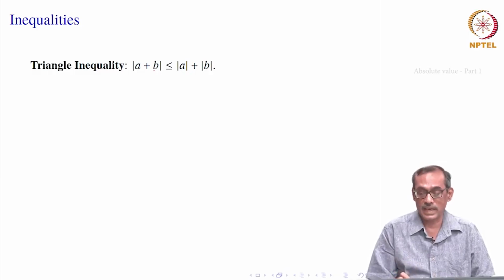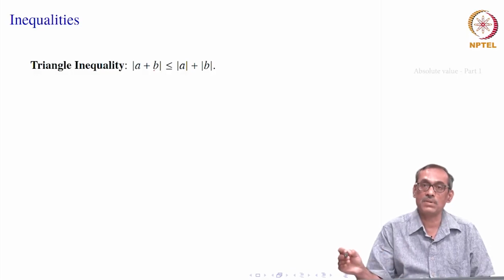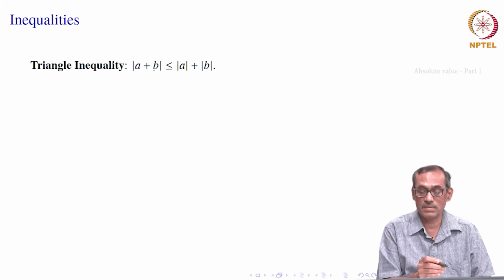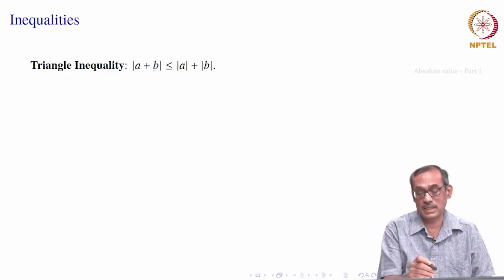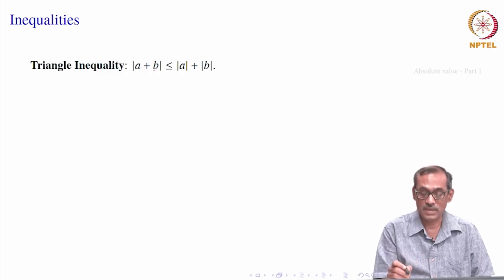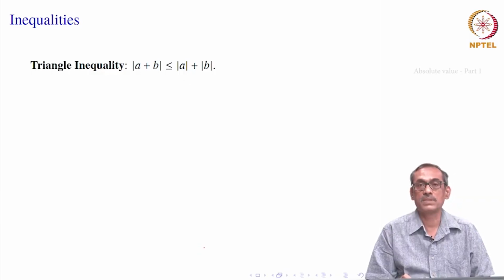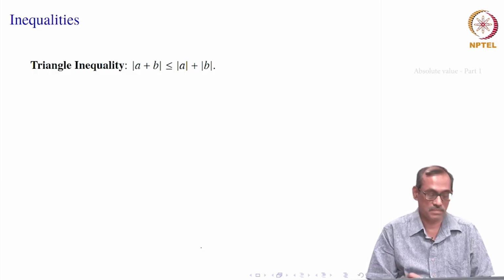Now, if they have the same sign, that is, either both of them are to the right of 0 or both of them are to the left of 0, then what happens? You can take mod A plus B, like say 2 plus 3, which is 5, its absolute value is also 5. On the right side you get mod 2, which is 2, plus mod 3, which is 3, that is also 5. Similarly for the negatives. But how do you show that for all real numbers A and B, mod A plus B is less than or equal to mod A plus mod B?